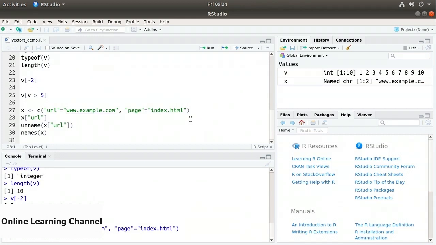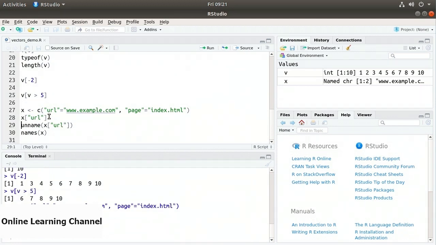And if I want to access an element of a named vector, like I have on line 28, I have x, and in square brackets, the string url. And that gives us the named result with url and www.example.com. Now, since a named vector always returns the pair, if we'd just like to extract the value, we can